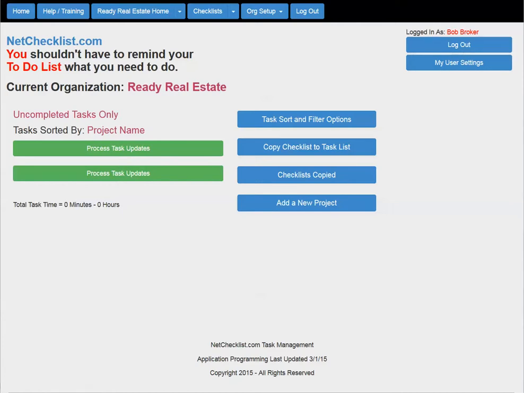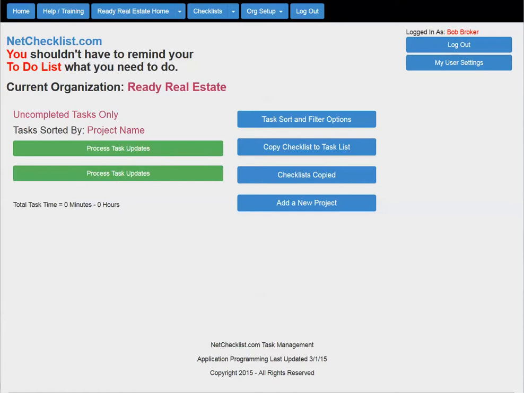So in this application, all of the tasks that are necessary to complete a process can be saved as a checklist. Now, the items on a checklist are not on the actual task list. A checklist is like a blank form that you can use over and over by making copies of it. And when a checklist is copied, the application adds all the items that are a part of that checklist to